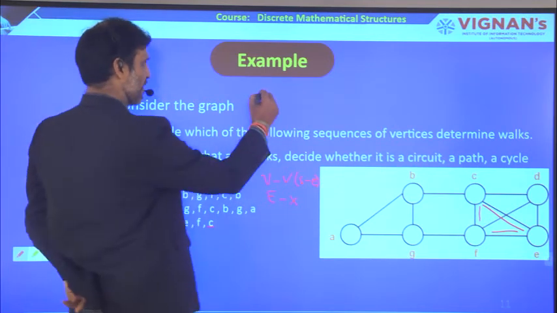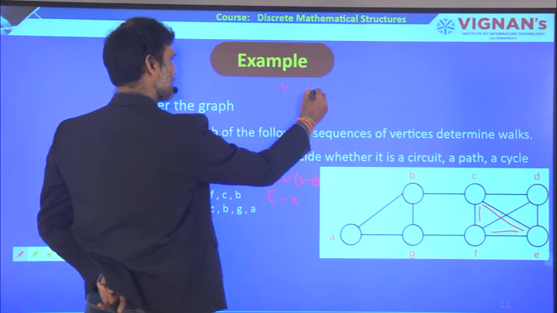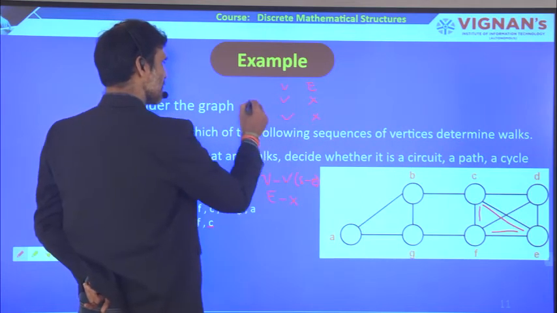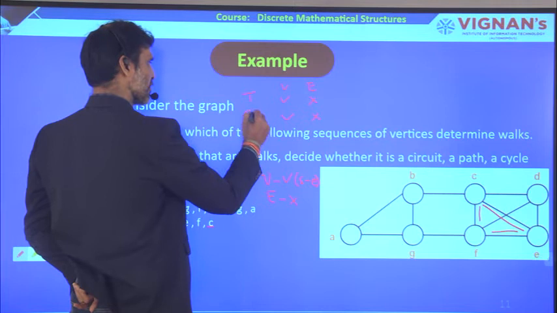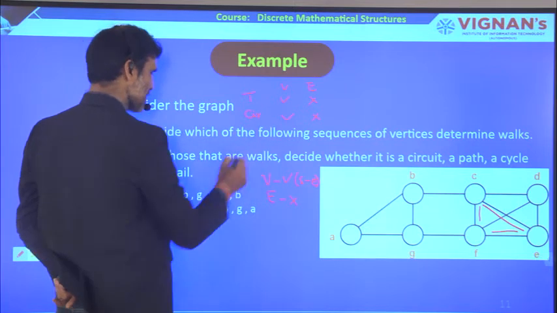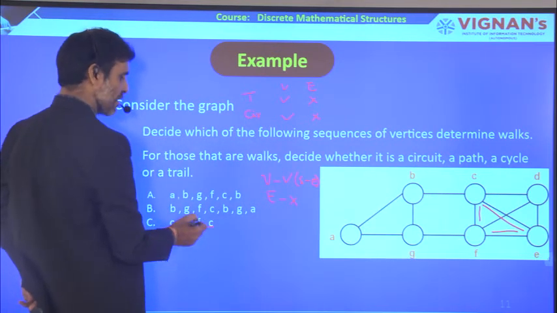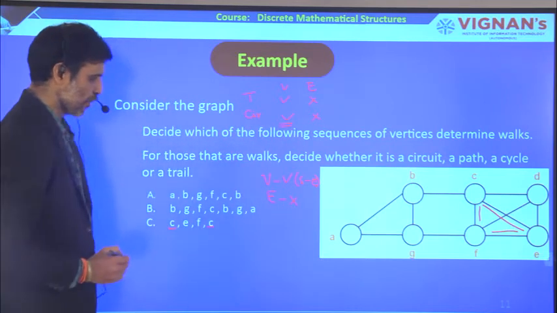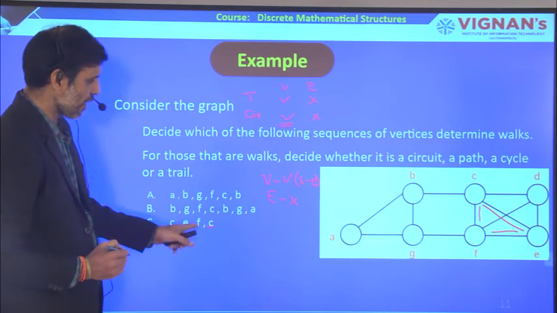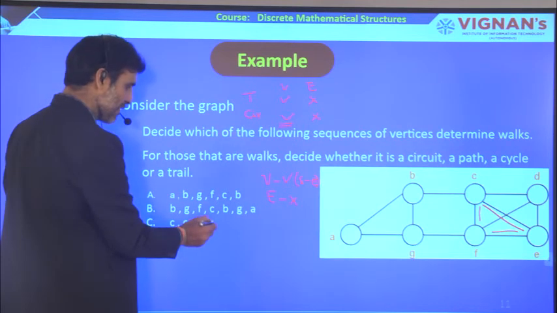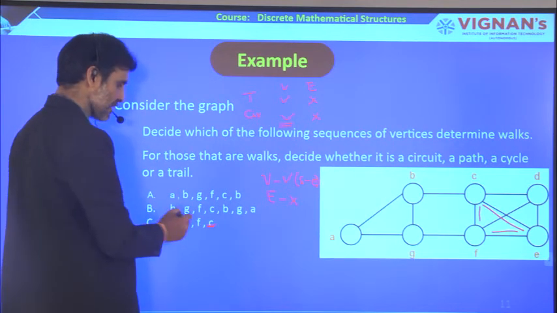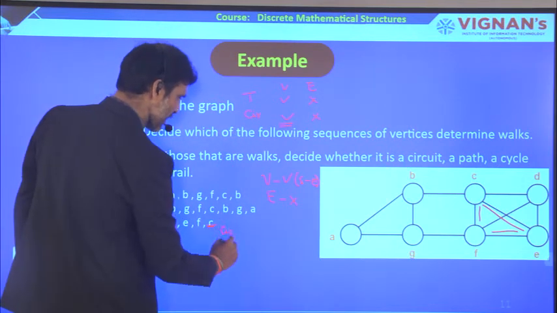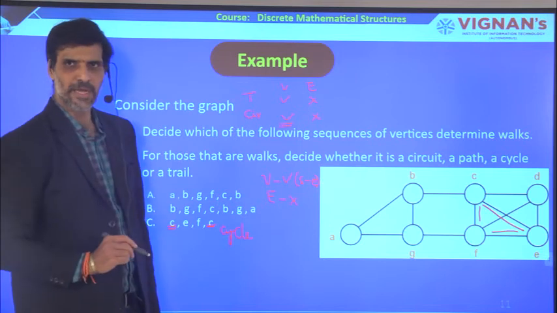Therefore, when vertices are repeated and edges are repeated, like this you can get the two cases. This is for a trail and for a circuit. So if both the start and end vertex are the same, then we can call it a circuit. And the intermediate vertices are not repeated, except the start and end vertex, no other vertices are repeated. Instead of circuit we can also go with a cycle. It is also called a cycle.